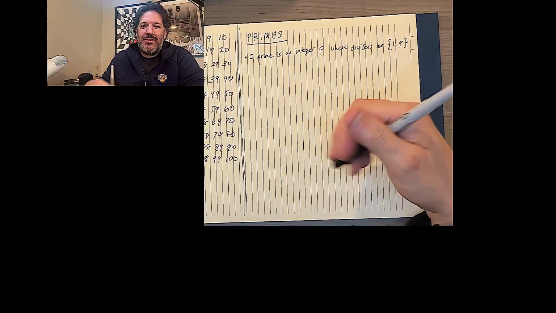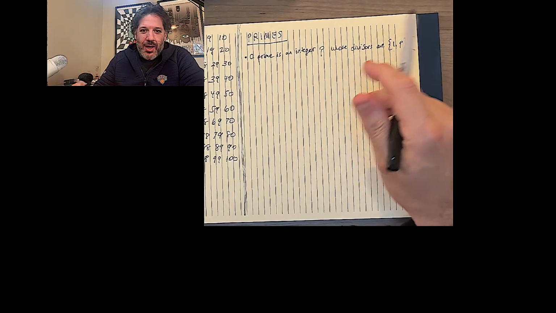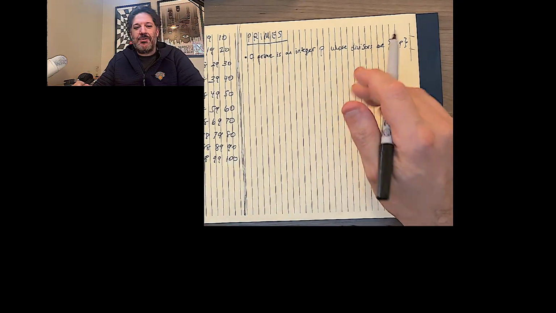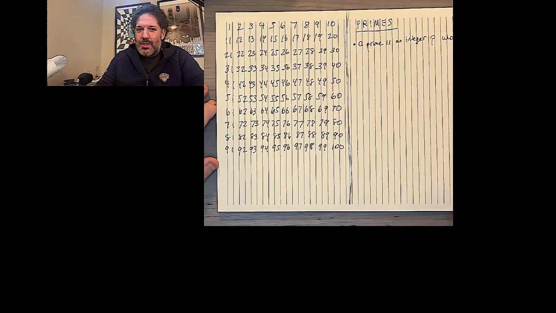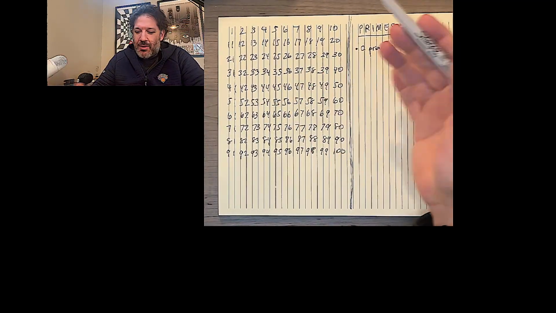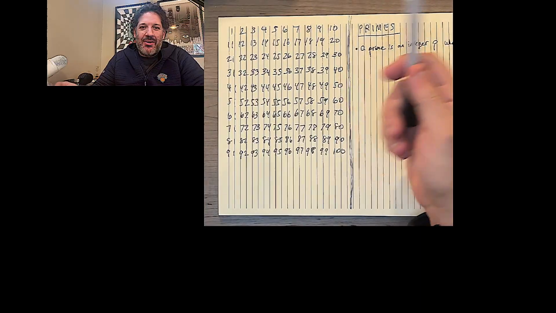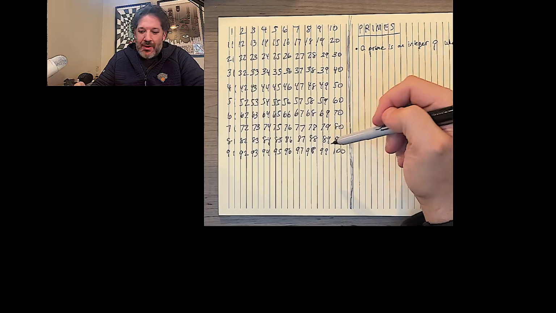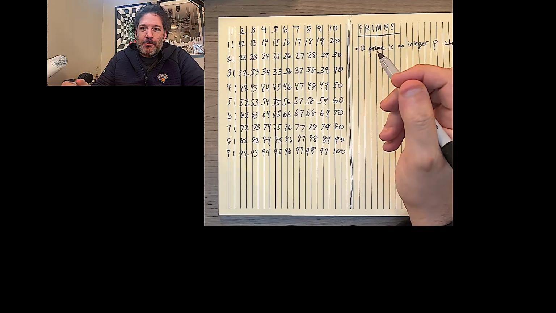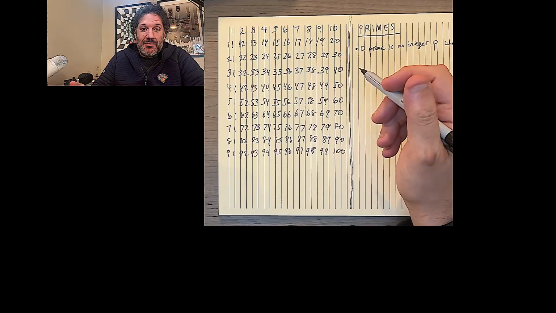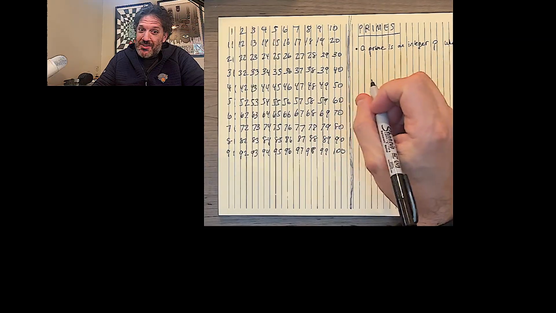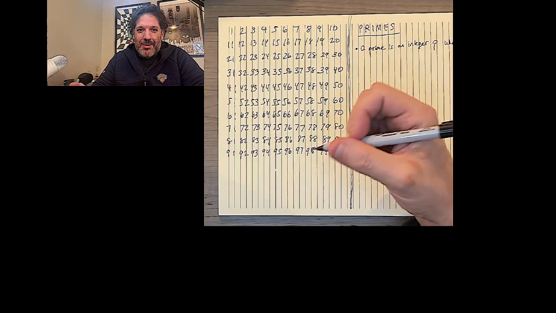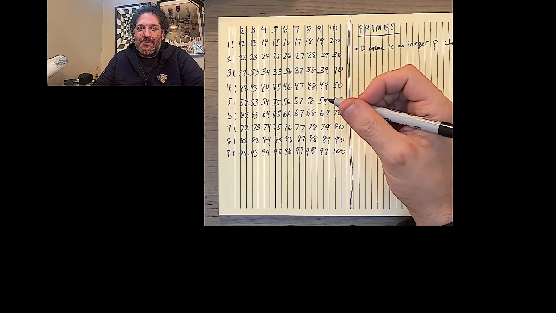But I'm just going to show you a very cool way to find prime numbers. It's called the sieve of Eratosthenes, and it works if you're looking at the numbers 1 to 100. This will be nice and low effort. If you try to do this from 1 to 1,000, maybe it's a fun afternoon, but it's going to be very tedious, and you'll need a lot more paper than this. If you're going to try to do it up to 10,000, good luck. It might take you a few days. But we're going to show you